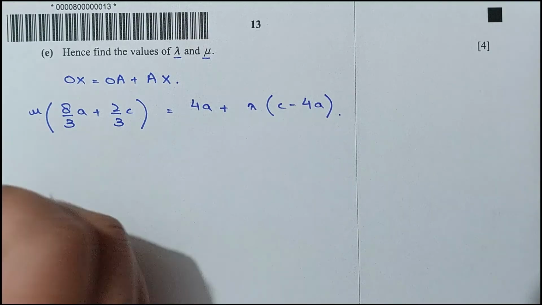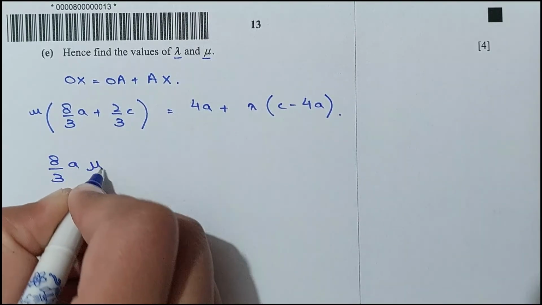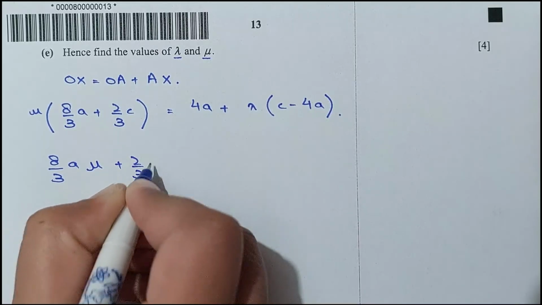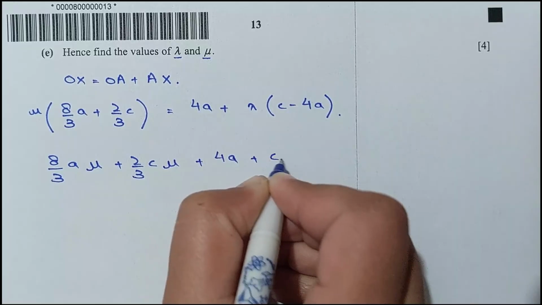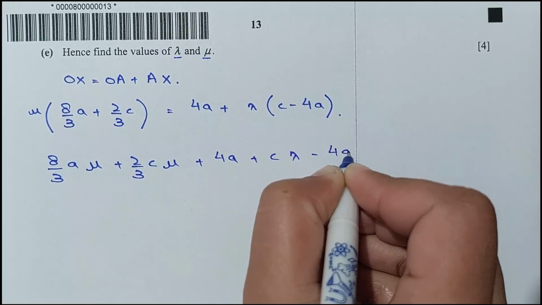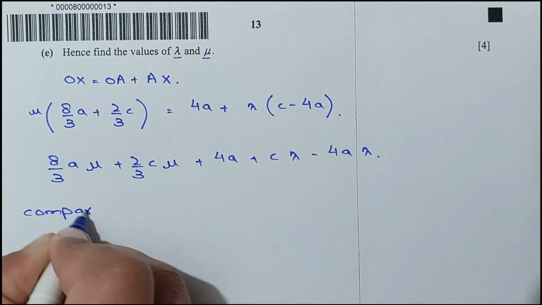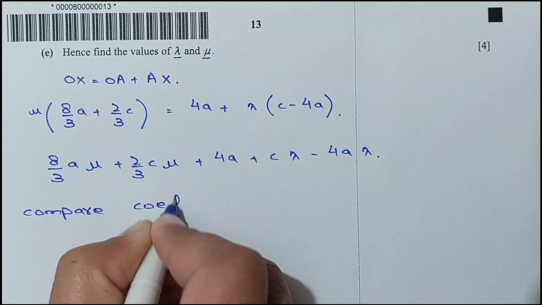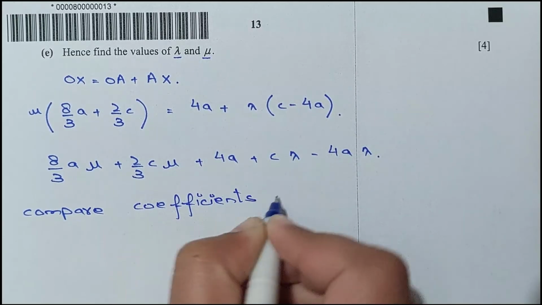Okay, so we have to find the values. So 8 over 3a with mu plus 2 by 3c with mu plus 4a plus c with lambda minus 4a with lambda. So now we have to compare the coefficients of